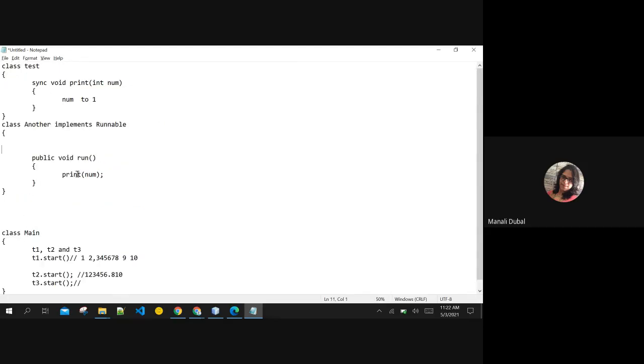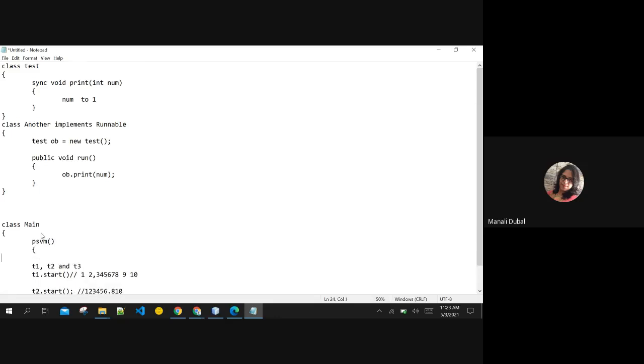Now, to call this print, you will need the object of the Test class. So you are creating the object of the Test class here, and you are passing that ob.print and calling your num here. In your main, we are doing the same thing. We are creating our void main. Then, as you are implementing Runnable over here,